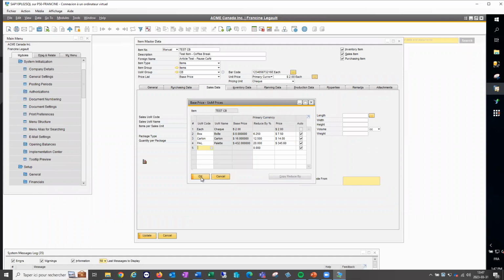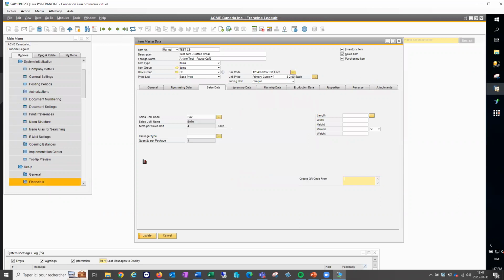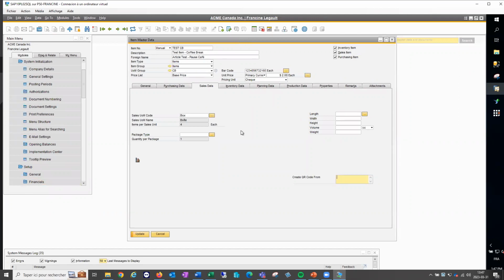So you update. Now in a marketing document, in a sales order, you're going to see those prices depending on the units of measure that you're going to use in your document. So basically, this is really what units of measure groups can do for you.